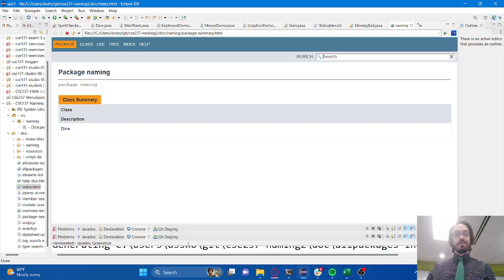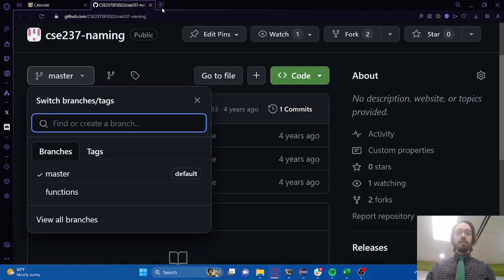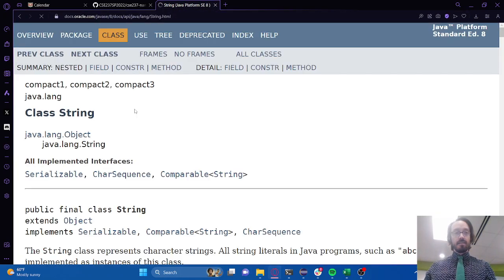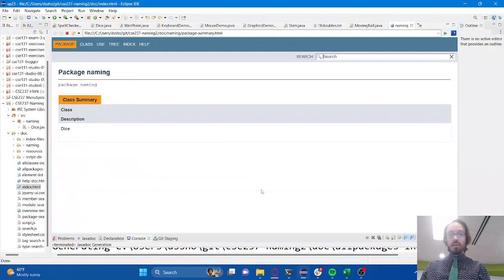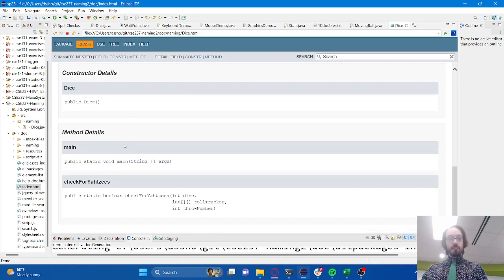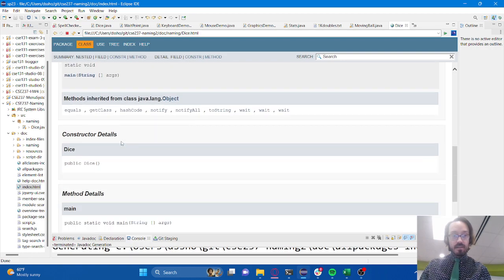In fact, is. You've probably seen pages that look something like this before. If you ever Google the official Java documentation, like Java string or something like that, it's going to look a lot like the official Java API, right? That's intentional. That's kind of the idea, because what it has done, if you click on the class and scroll down, you'll see that what that JavaDoc actually does for us. If I can find...